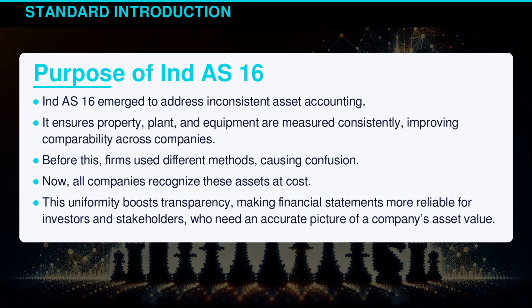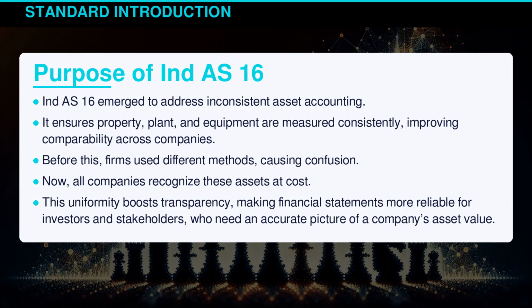Indian Accounting Standard 16 emerged to address inconsistent asset accounting. It ensures property, plant, and equipment are measured consistently, improving comparability across companies. Before this, firms used different methods, causing confusion. Now, all companies recognize these assets at cost. This uniformity boosts transparency, making financial statements more reliable for investors and stakeholders who need an accurate picture of a